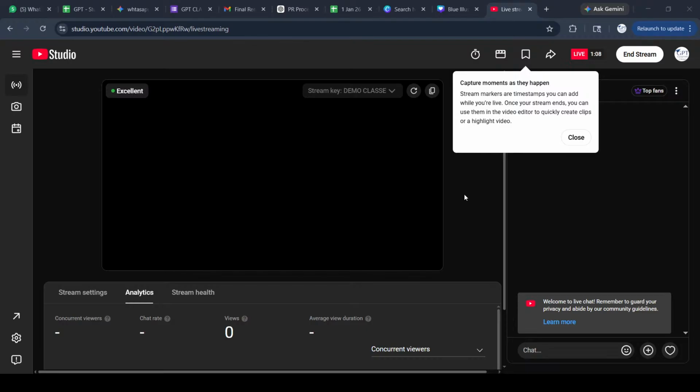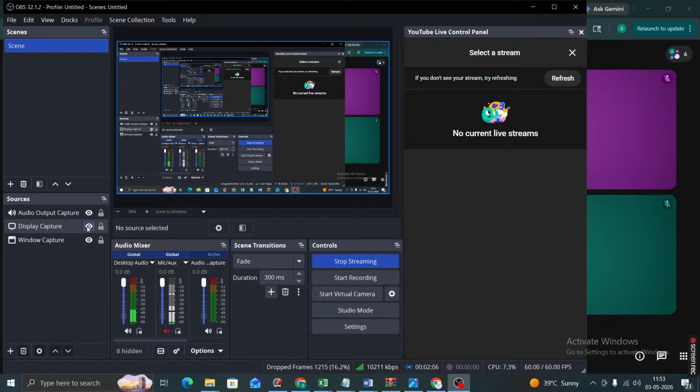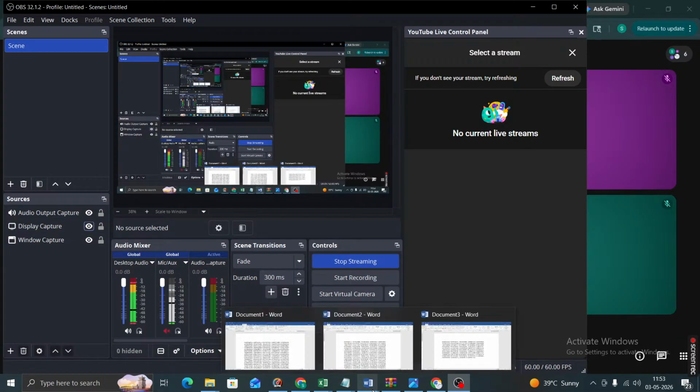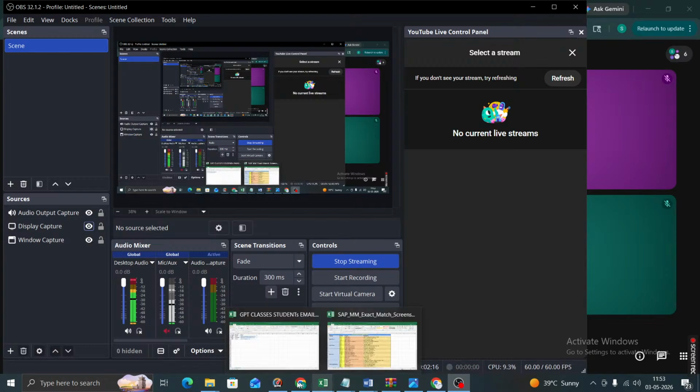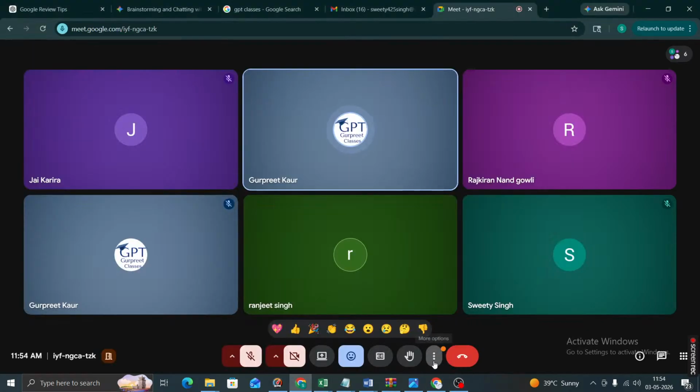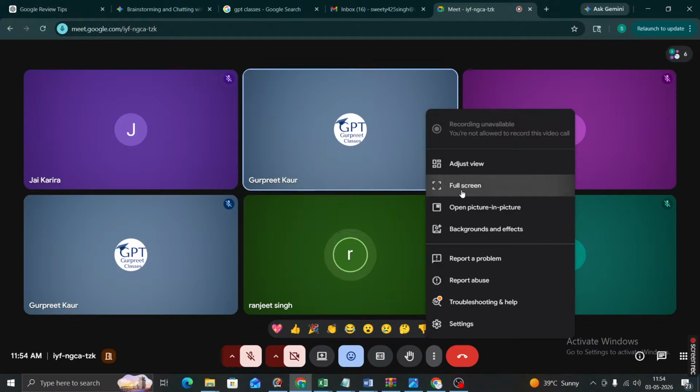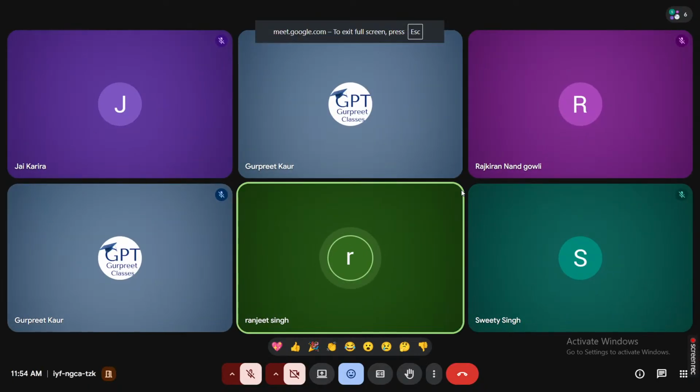Hello. Hi, Gurpreet. Ranjit Singh this, right? Yeah. Myself, Ranjit Singh. I am currently working at Infosys as an end user. I have 5 years of experience in SAP MM. So you are working as an end user for SAP MM for 5 years, right? Yes. Prior to Infosys, I worked at Genpact.